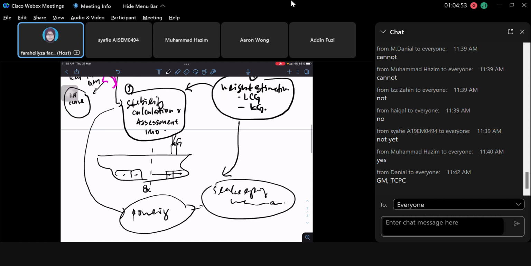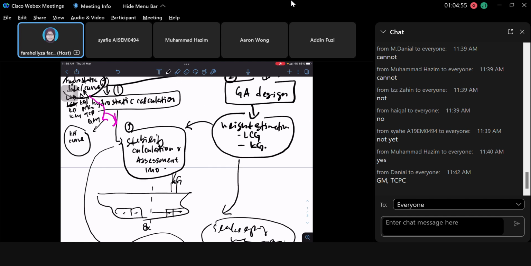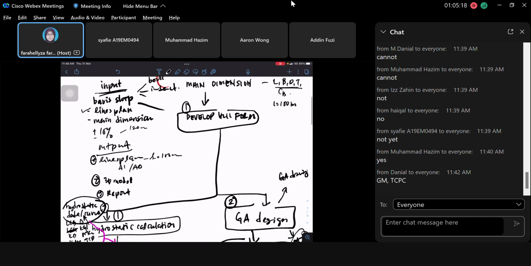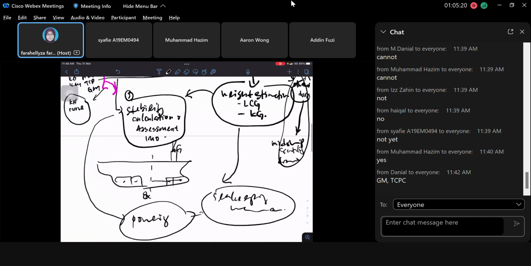In IDP2, from GA design, there's also another part which is structure design. This structure design is where you're going to come up with the midship scantling drawing. So this is another part. Okay, so all this, starting from developing the hull form until all the seakeeping, powering and so on, this stage